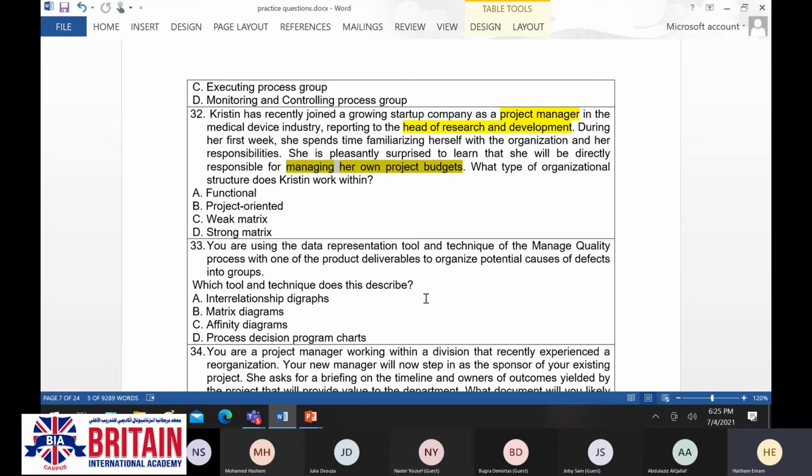So you are going to analyze each group, and after that you are going to identify what will be the main cause behind this problem, how you are going to analyze it and how you are going to solve it. That's what we mean with the affinity diagram. It makes grouping for the ideas, or the causes of defects, or the problems. After that, you analyze each group separately, and based on this analysis, you suggest or recommend the solution. Thank you, Nader.